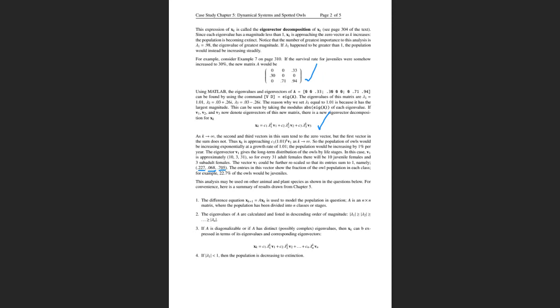So like 22.7% of the owls would be juveniles. So, where are they getting this? They just mention this, and they don't really show you how they're getting that. Now, I think you could figure out how they got that, but let me show you how they got that, okay? It all relates to the